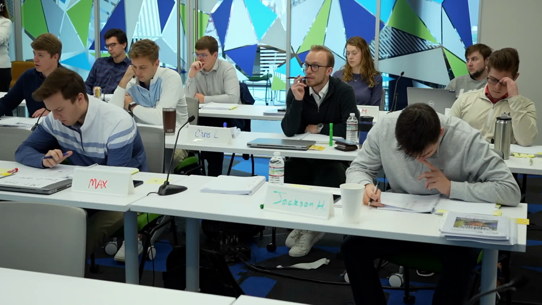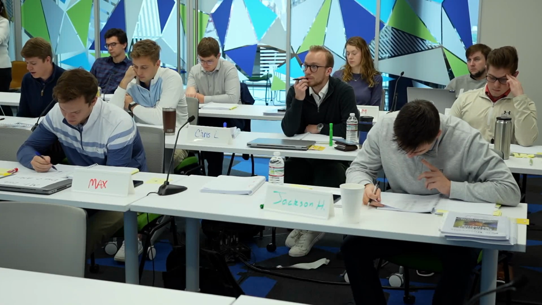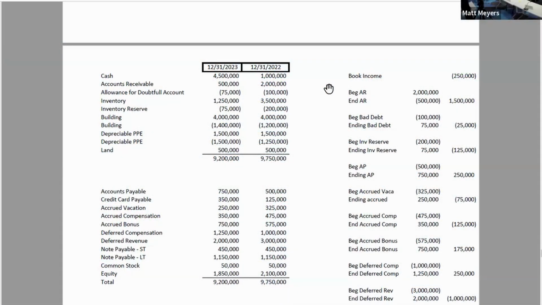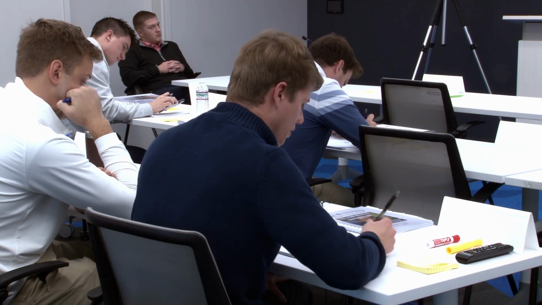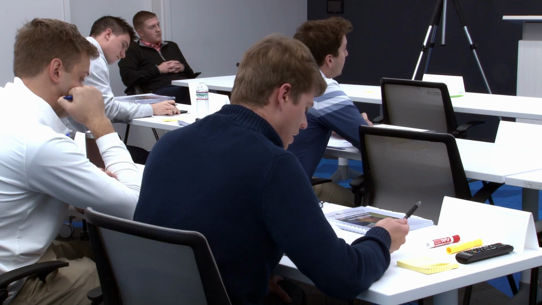All the beginning AR. Yep. So we add our beginning AR to book income because that is things that we collected in that year, and so from a cash basis standpoint, that's when we earned it. Yep. And so we add it to our income, and then we subtract our ending accounts receivable because from an accrual basis that decreases it, but from a cash basis, we haven't actually collected it yet, so we can't count it as income. Yep. So we decrease our income.